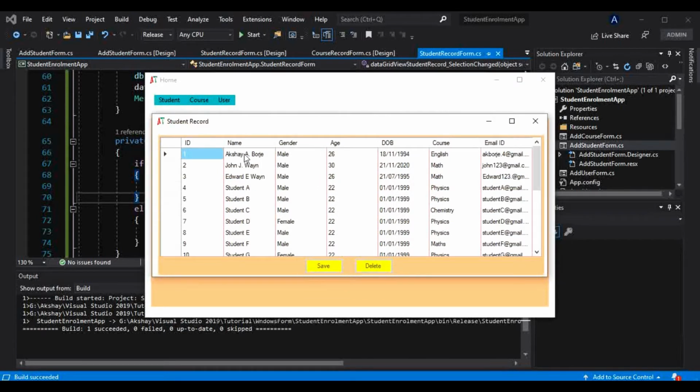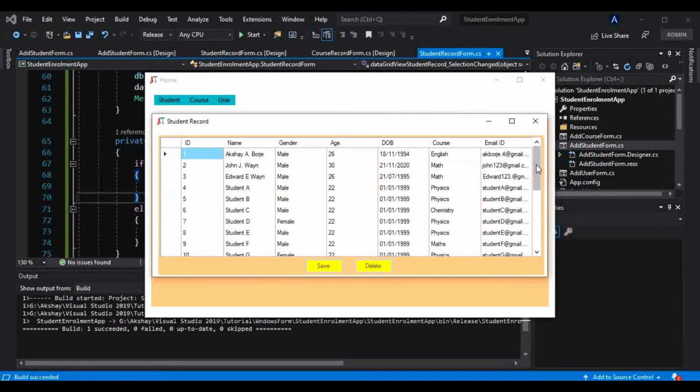Let's say I am only selecting this cell here and not the entire row, at that time this delete button should not be enabled. But as soon as I select the entire row, that delete button is enabled here. And as soon as I select only a cell again, that delete button is disabled again.